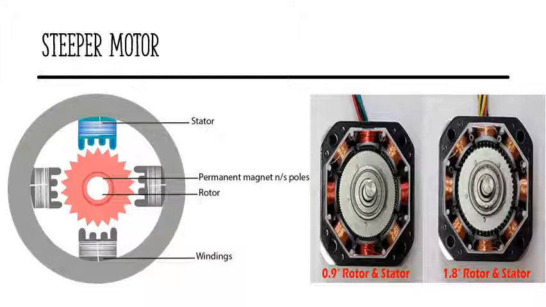In this arrangement, the poles should be properly excited in a particular sequence so that the rotor rotates in the desired direction. If the excitation sequence is reversed, the rotor rotates in the reverse direction. A typical stepper motor has a step angle of 1.8 degrees, 50 teeth on the rotor and 8 poles on the stator. The connection for interfacing a 4-phase stepper motor to 8085 through 8255 is given here.